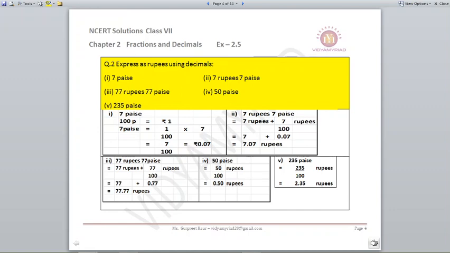So I told you whenever you have to convert paise into rupees, just divide it by 100 and then count the number of zeros in the denominator to put the decimal in the numerator. Now 50 upon 100, there are 2 zeros below. Count 0, 5, 2 places over. So put a decimal and the answer comes to 0.50 rupees. Fifth part, 235 paise. So 235 upon 100, you need to count only 2 places, 5 and then 3. So the decimal will come in between 2 and 3. So your answer is 2.35 rupees.